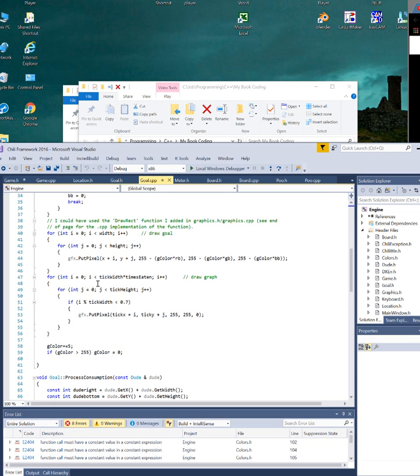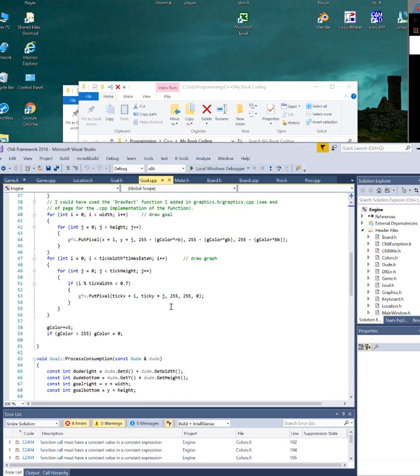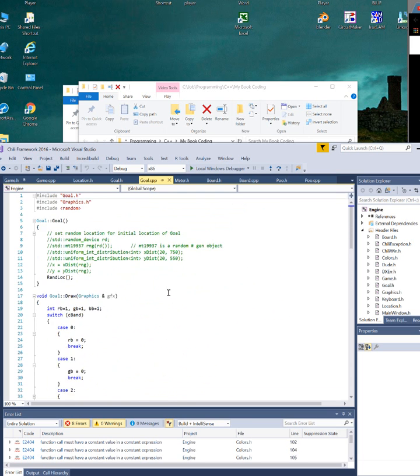This draws a square, but this is what actually draws our little graph. Times eaten is what it's predicated upon. Tick width times eaten. So that's what keeps track of our score. Since we don't have the ability to draw text in the game,